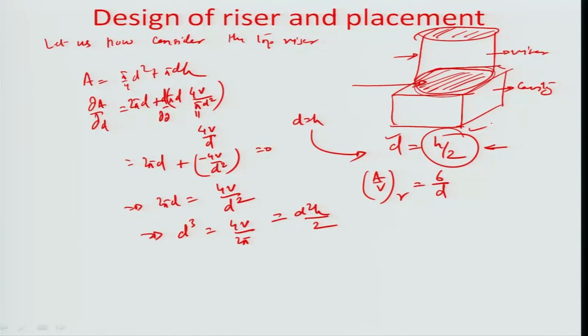So, with a large top riser, the cube loses its top surface for the purpose of heat dissipation, and hence if I now calculate the area by volume of the cast, instead of the 6 faces that we had earlier, this face now no longer is a heat transfer face, okay, because there is liquid metal on the top of it, and so the other faces are all responsible for all the heat transfer,